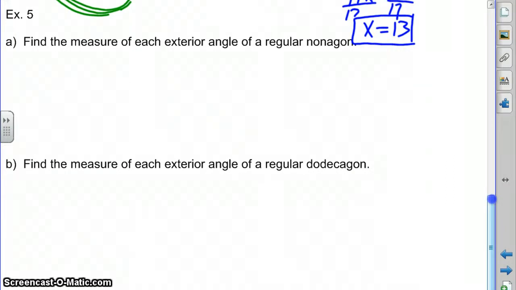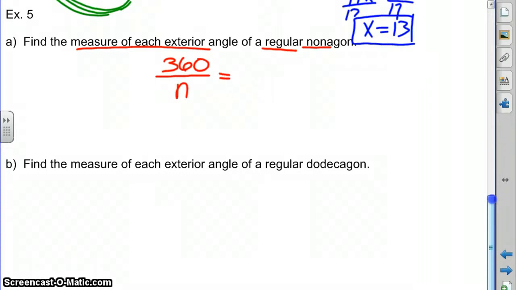Now I'm asked to find the measure of each exterior angle of a regular nonagon. Since it's regular, I know that all the angles will be the same. A nonagon has 9 sides. So we're going to use a little bit of inductive reasoning here, and I have 360 degrees when I add up all of the exterior angles. So I know if I take 360 degrees and I divide it by the number of exterior angles, I'll get the value of one angle. That's 360 degrees divided by 9,